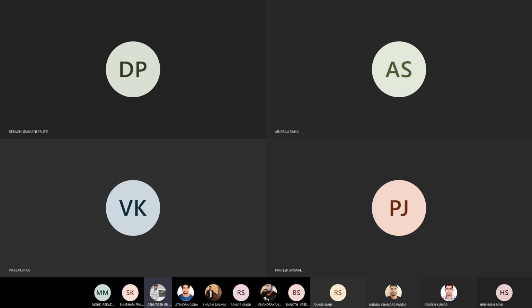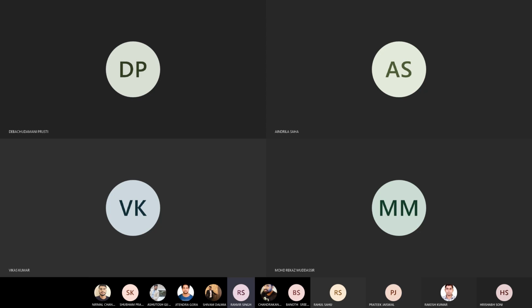Present, sir. Pratik Jaiswal present. Subham Pradeep Kulkarni. Present, sir. Mohammad Rekaz. Yes, sir. Present. Nirmal Panda. Nirmal. Present. Siddharth Rautray. Absent. Andrila present. Ranbir Singh.